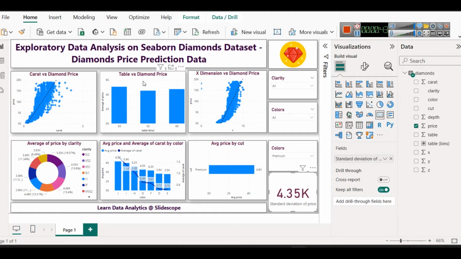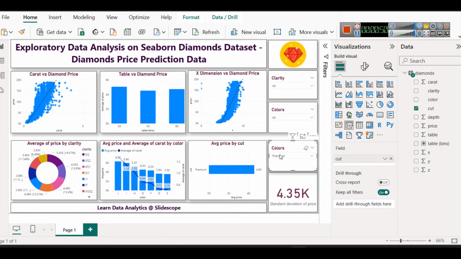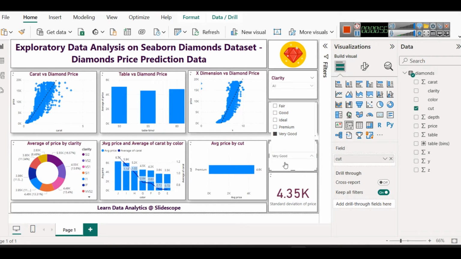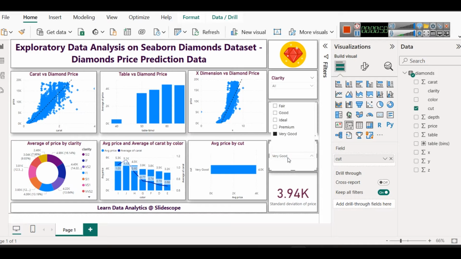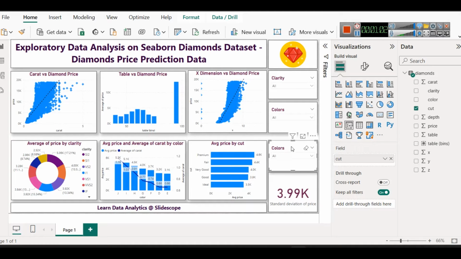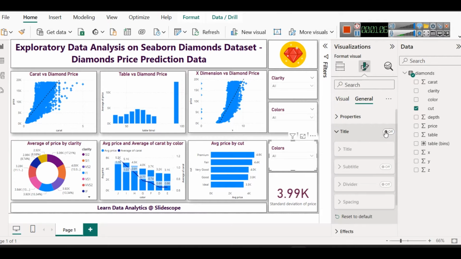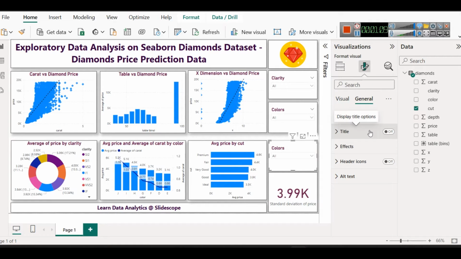Then based on the table size of the diamond, the X, Y or Z dimension, we can also apply different filters to see data for different colors of diamonds and different types of cuts of diamonds. So this is basically cut, which you can rename later. On the basis of all of this, we will be able to see